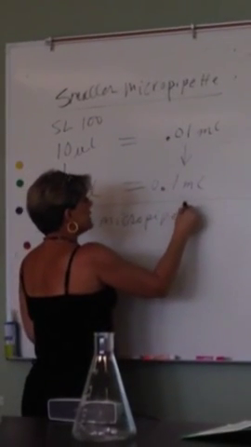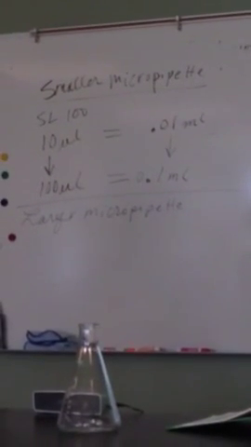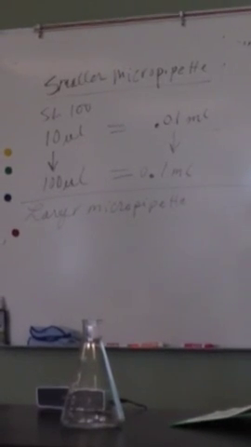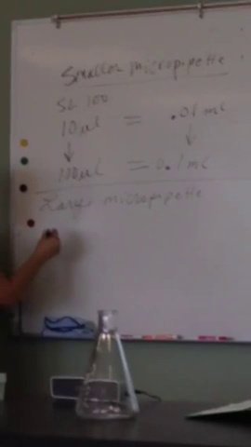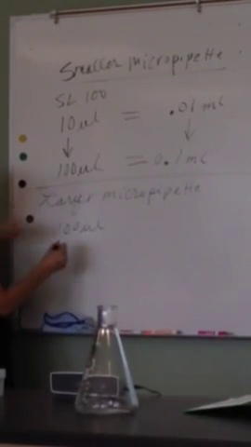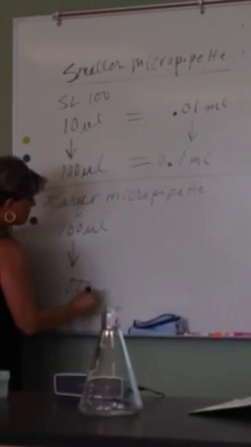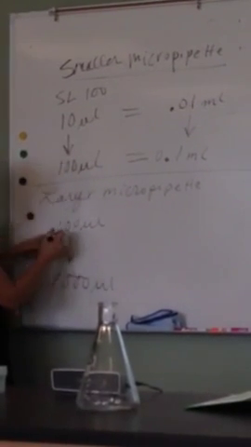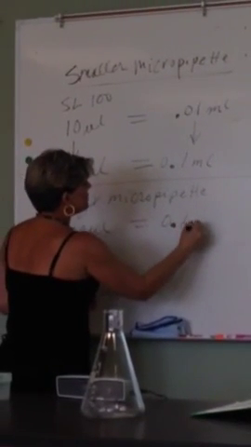sometimes on your exam you'll get a question. You have to transfer this much volume. Which pipette are you going to use, the big one or the small one? Okay? Your larger micropipette goes from 100 microliters, we already know what that is, right? To 1,000 microliters. So if 1,000 microliters equals